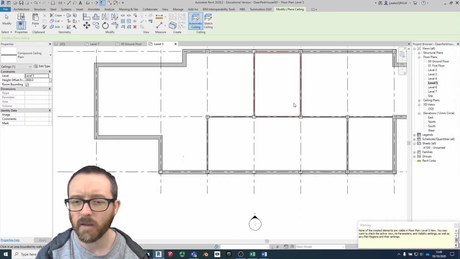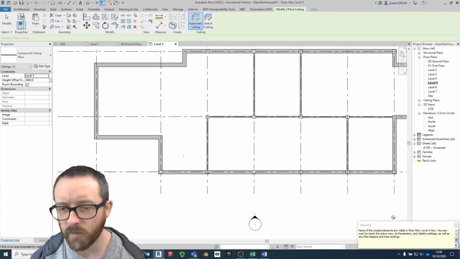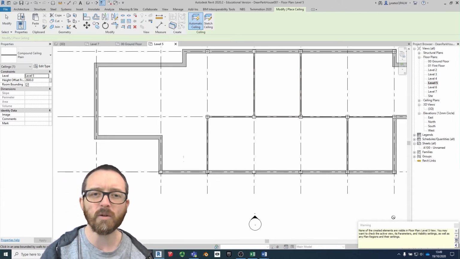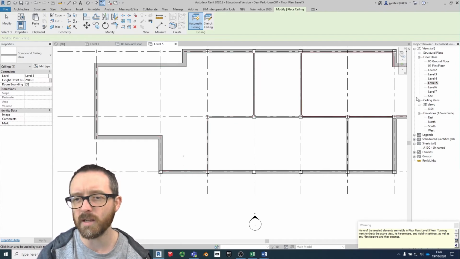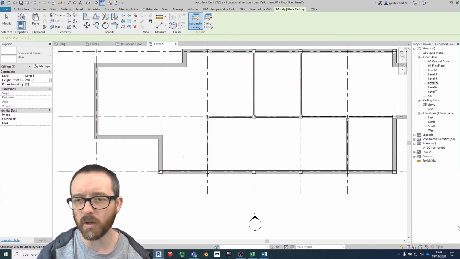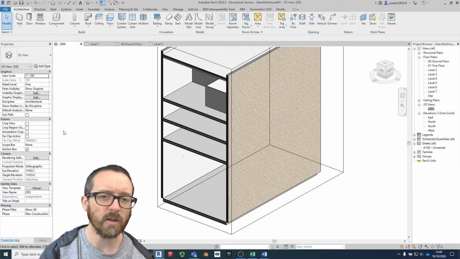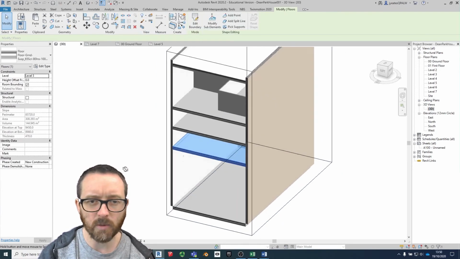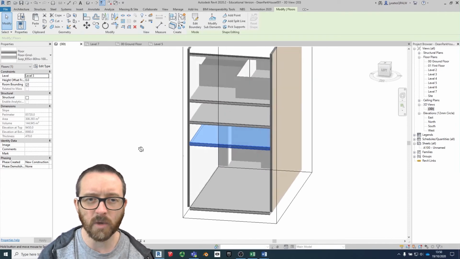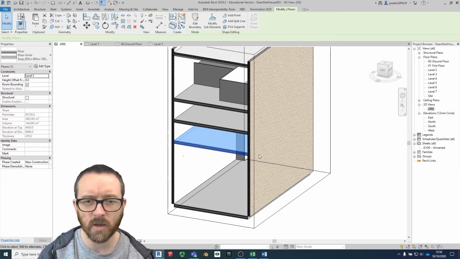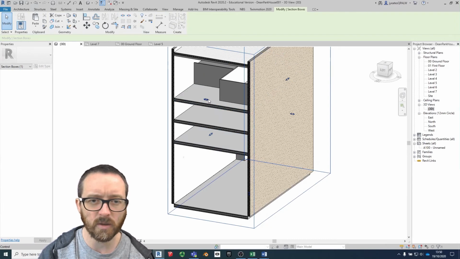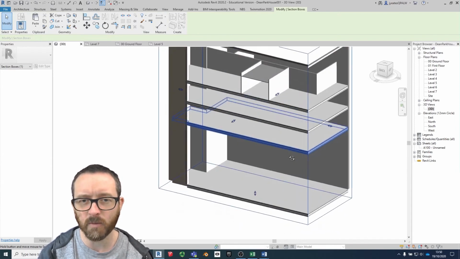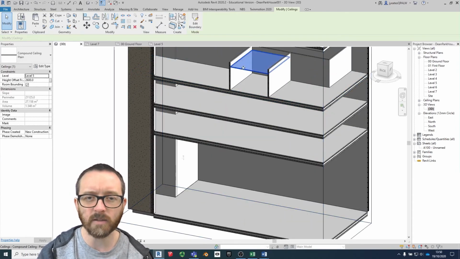Let's add one here. Okay, so the warning I have right here is none of the created elements are visible in the floor plan. Okay, so how can we see these? Well, we could go to our ceiling plans, but I'm going to go to my 3D view, and I'm going to use my orbit tool, so the middle mouse, and I'm going to rotate, and you might just make out the ceiling there, but I'm going to adjust my section box so you can see what's going on. Let's come around this side. So I'm cutting in from two sides now with the section box,